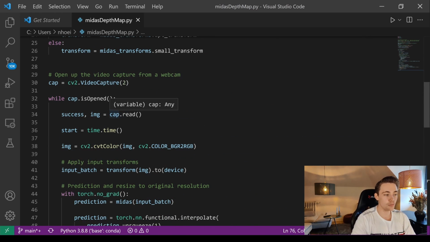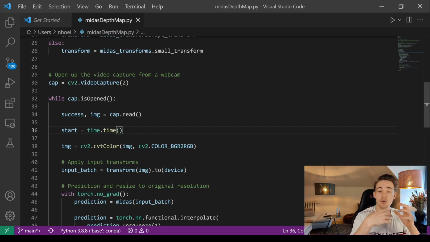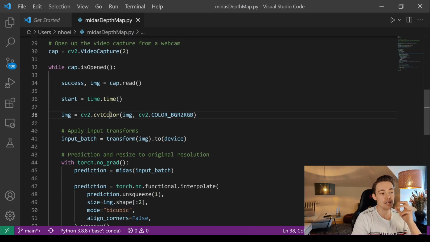But if you just go up here, first of all, we're going to read in an image from our webcam. We're going to store the image in this im variable. Then we're going to start a timer so we can time how long it takes to pass our image through the neural network, do inference on the image, and get the outputs, and then we're going to display it. First of all, here when we load in the images from opencv, it is in BGR format,